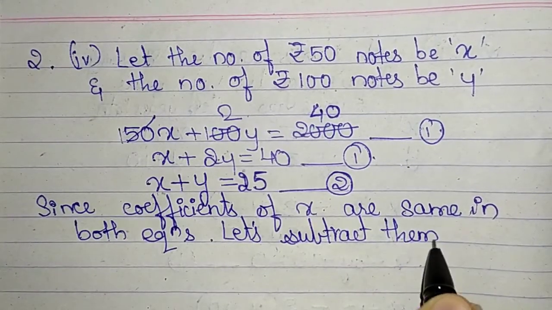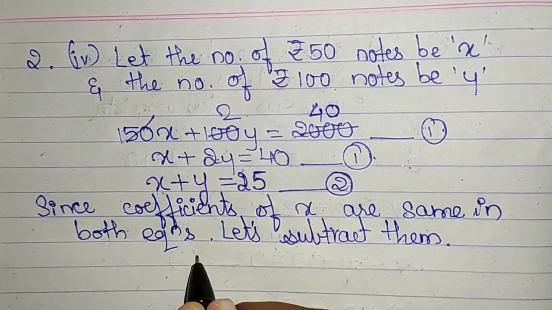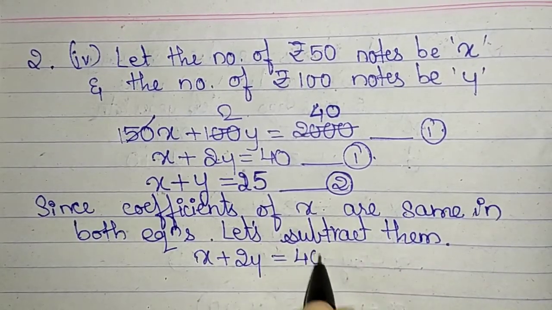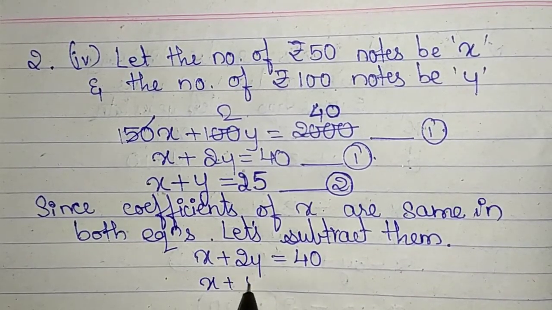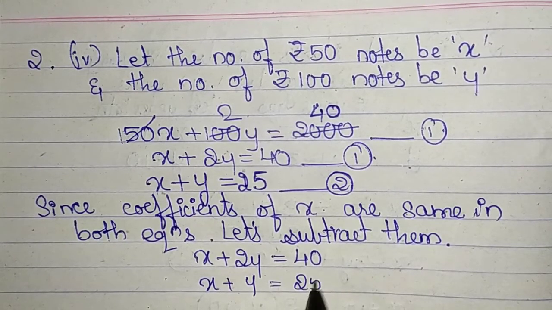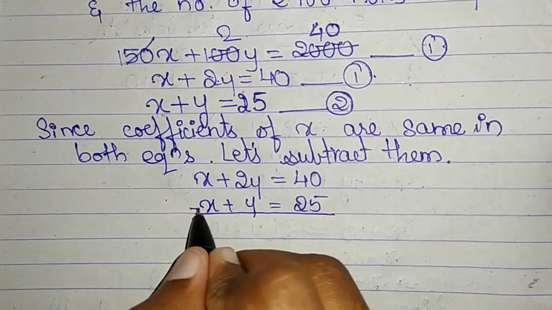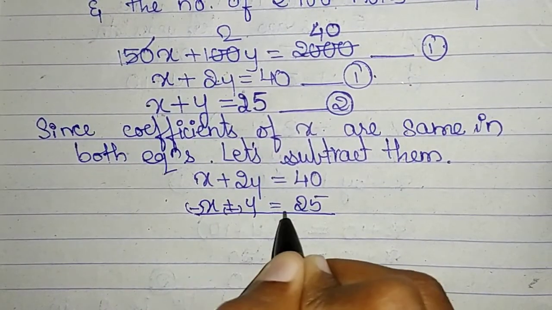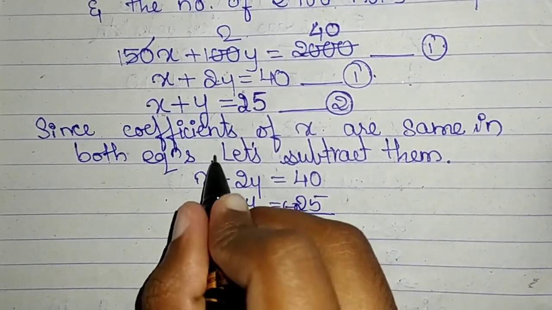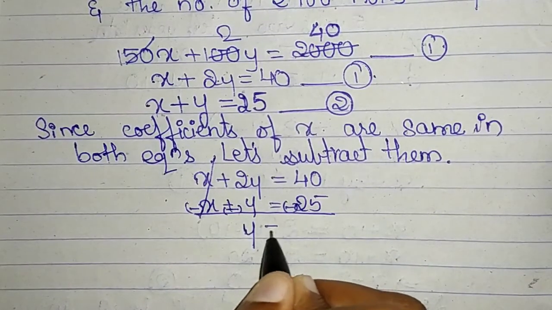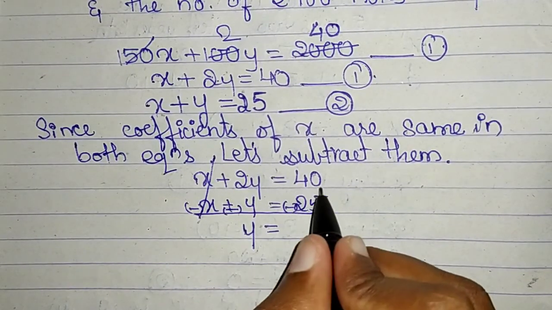We are going to eliminate x. So here, write it down. x + 2y = 40, x + y = 25. Since we are subtracting, the signs at the bottom are changing: minus, minus, minus. x minus x cancels out. 2y minus y, y. And 40 minus 25